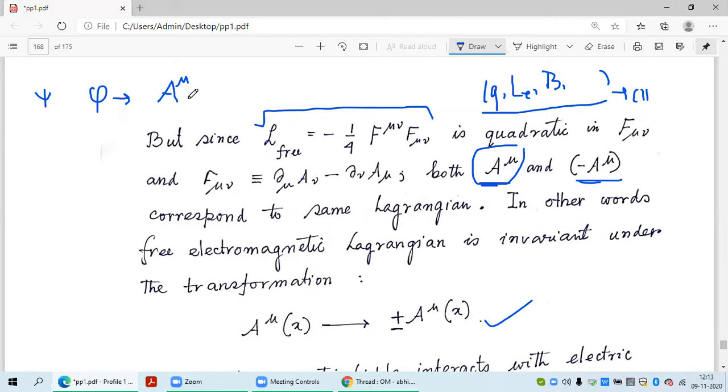Somehow among these I can use these multiple components to accommodate the spin of these particles. We will see that. But so far as electric charge is concerned, all the intrinsic charges other than spin, all these properties are related to the complex nature of the field. Since A mu is real,